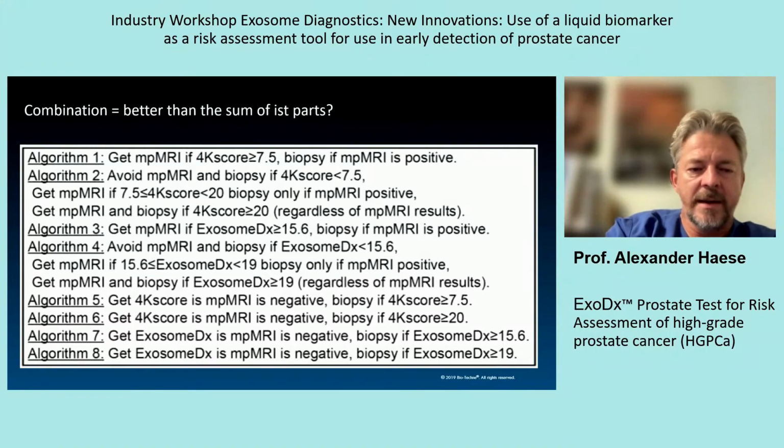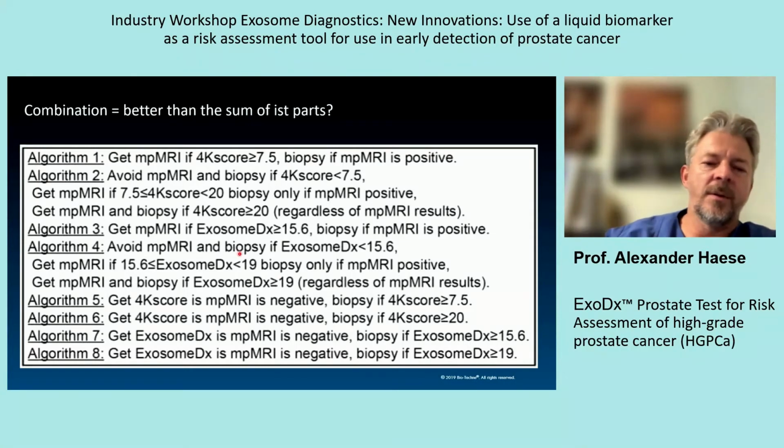And it's likely to assume that combinations are better than the sum of its parts. So what the authors did is basically every possible combination that you can derive from the multiparametric MRI, from the 4K score, or from the ExoDx test, and you have combinations of it. For example, just to give you an idea, if you say we are looking at the algorithm 4, where you